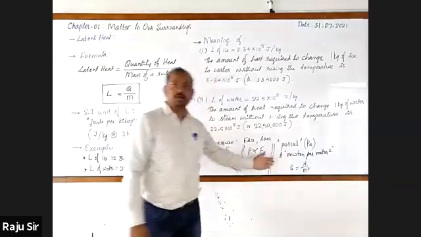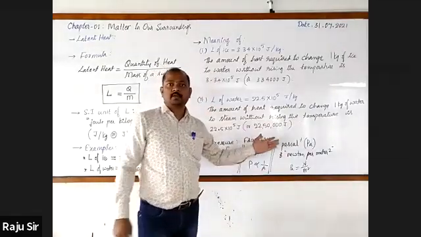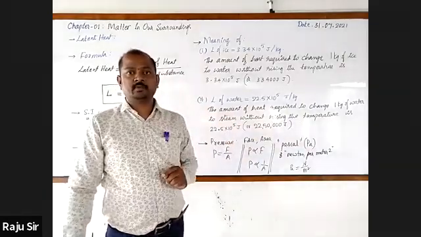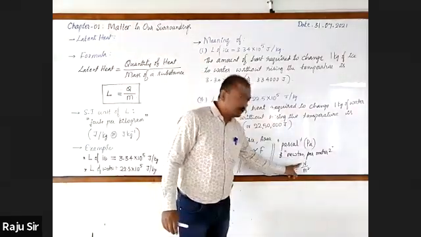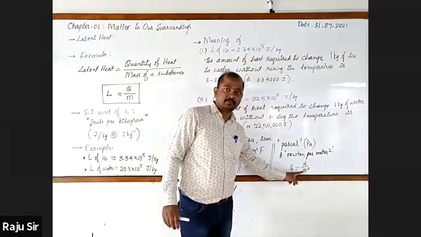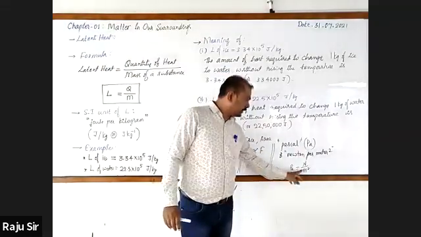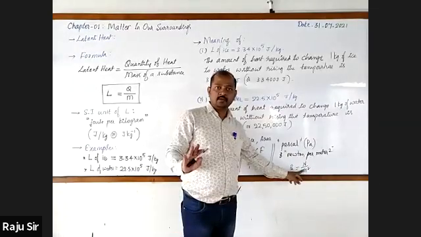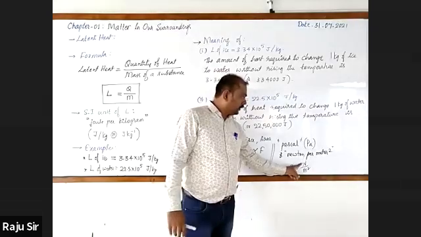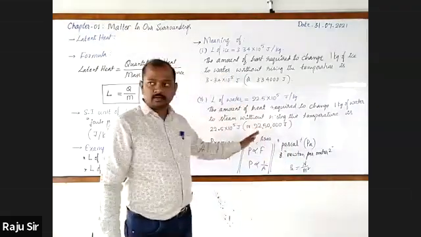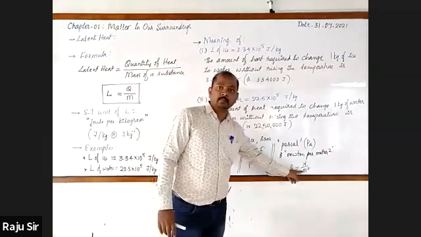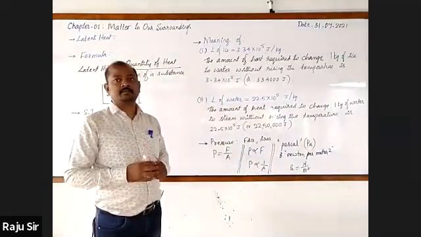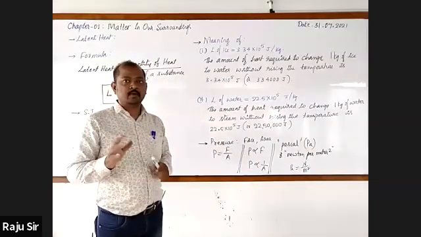Very good. Look here. The pressure that is built on the surface is said to be 1 Pascal when 1 Newton of force is applied on a surface of area 1 meter square. Clear? Once more I'll tell you. When 1 Newton of force is applied on a surface of area 1 meter square, then the pressure is said to be 1 Pascal. Followed?